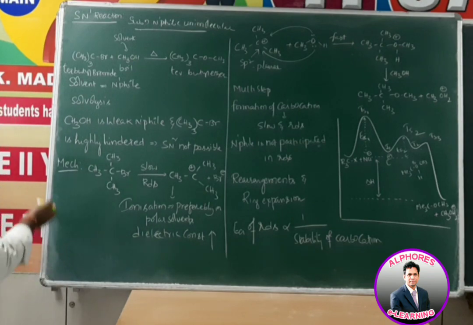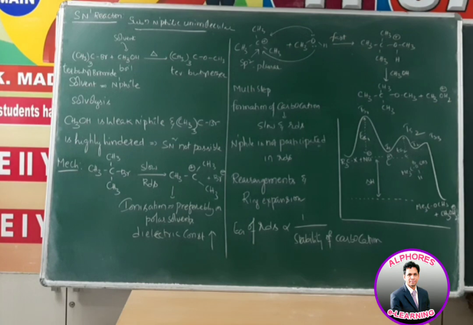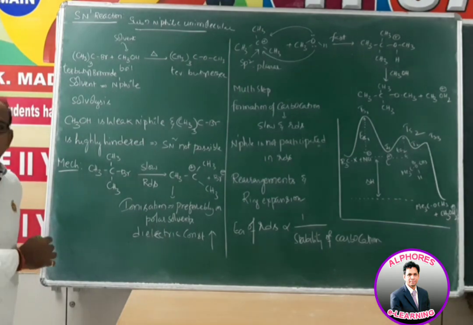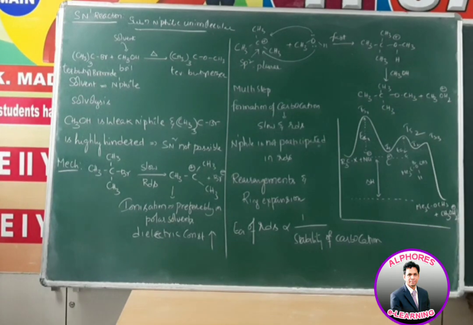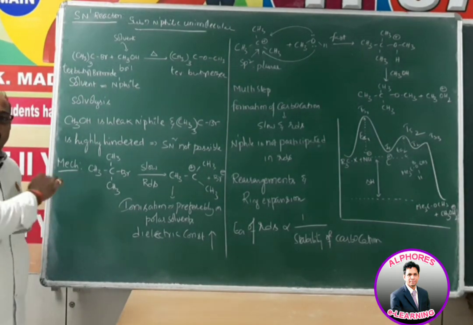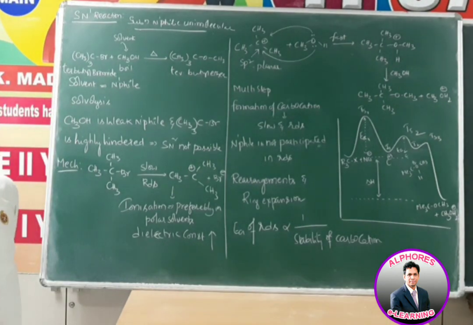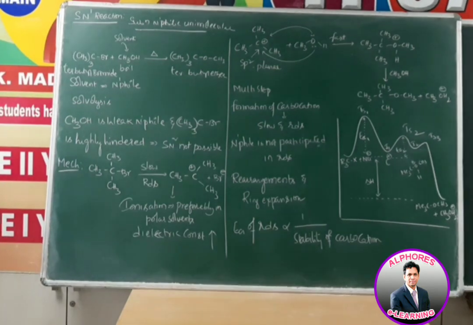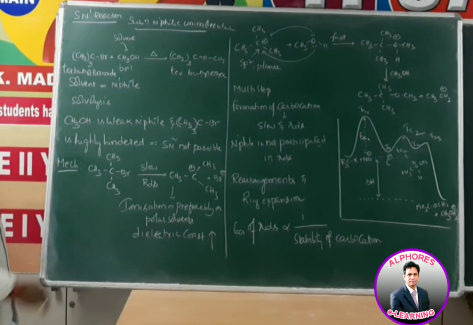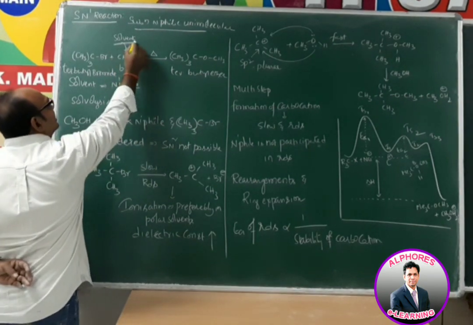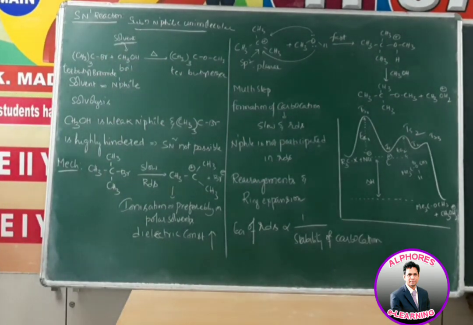So it is very clear this one is also a substitution nucleophilic reaction. But here we did not use any nucleophile. Whereas in the case of SN2 reaction, we use one solvent, one substrate, and in addition to that a nucleophile, and we learned which nucleophile we have to use and what precautions we have to take. Those factors we already learned. But here we are not supposed to use any separate nucleophile. The solvent itself acts as a nucleophile.